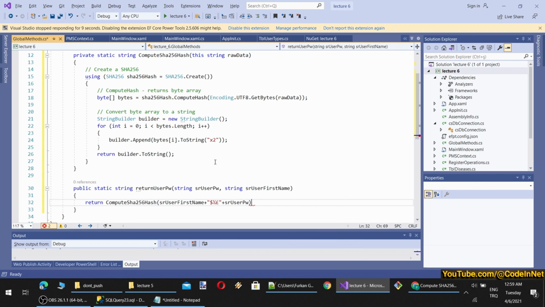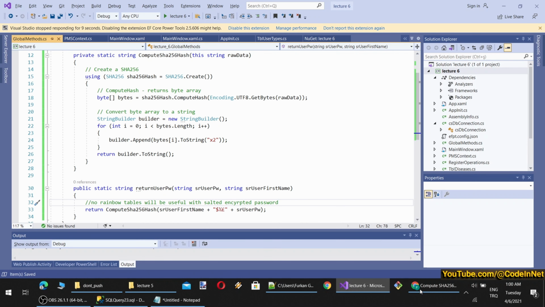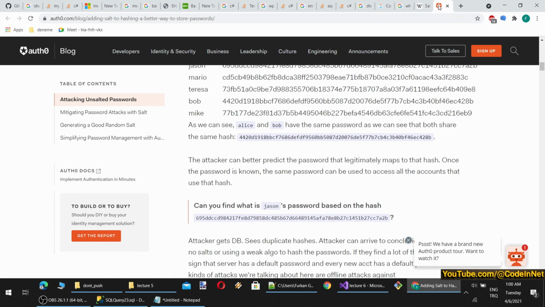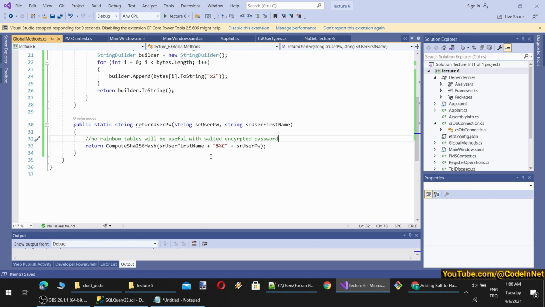And so you see, we will not simply get the hashed output of the user password. We are going to make it unique. This way, no rainbow tables will be useful. This is the proper way of password keeping. Therefore, you should use it also. You can look up what a salted password is. There is lots of information, but I won't get into them right now.